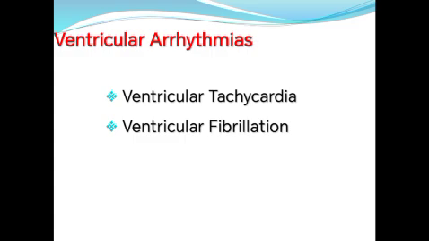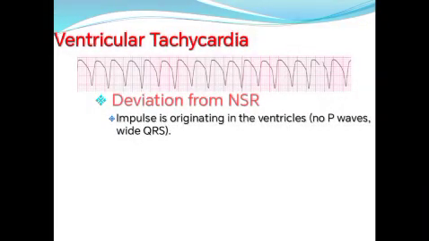Ventricular arrhythmia: you have ventricular tachycardia and ventricular fibrillation, simply. This ventricular tachycardia can be further categorized and subdivided according to its cause and its shape, for example, monomorphic, polymorphic, like that. But simply we have to understand it is a deviation from normal sinus rhythm, and the impulse is originating here